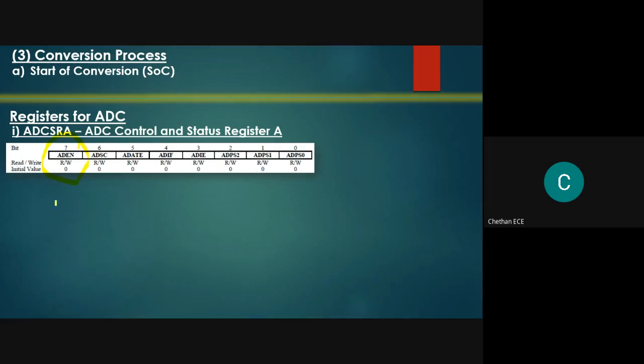Apart from enabling, we have not programmed any particular bit. To initiate the start of conversion, we have to program this bit position as 1. I want to ensure that only bit number 6 is 1 without disturbing other bits.